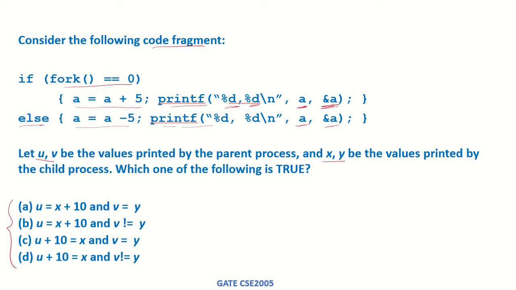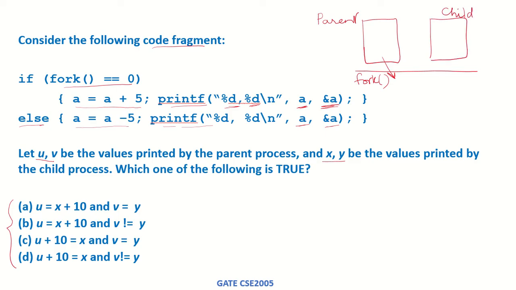So we know that if there was a process, let us call it the parent process, and it executed a fork system call, so it requested for a child process to be created. So a child process was created, which is now an exact replica of the parent address space. Whatever is here, the same code, the same virtual space has been created for the child process.